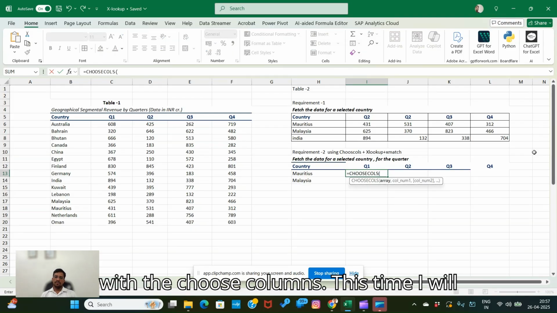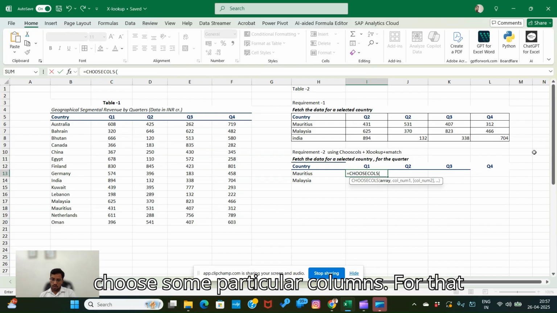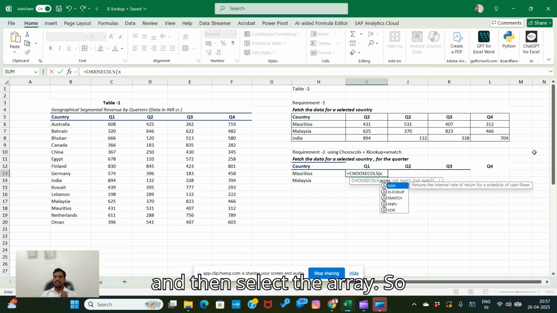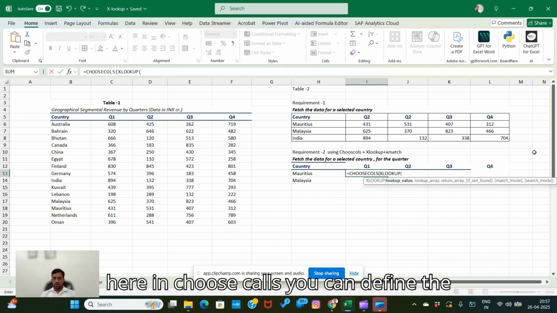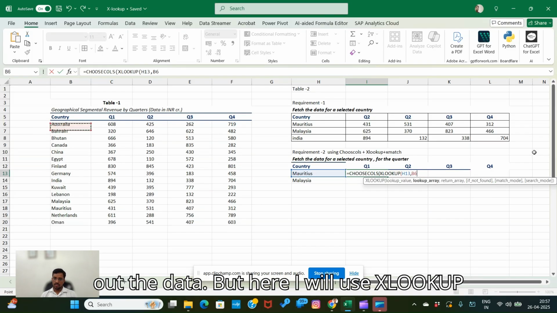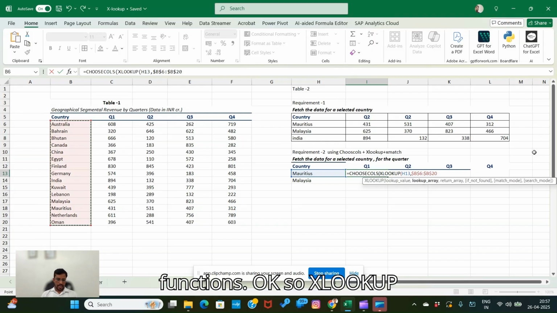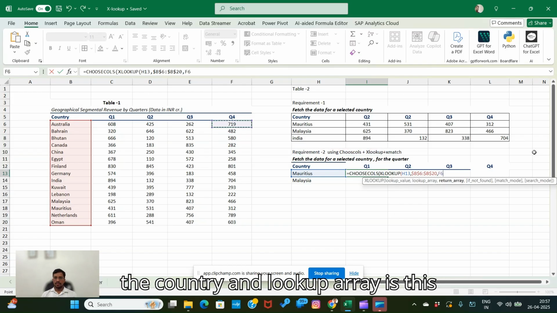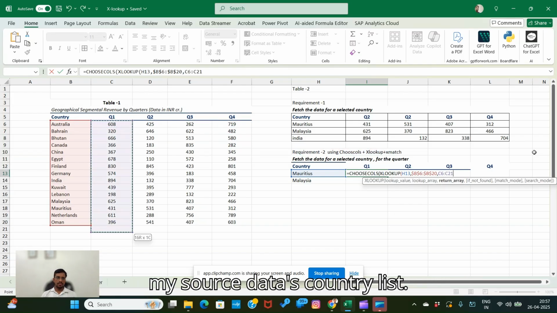At this time, I will choose some particular columns. For that I need the result. So I will start with one more formula around XLOOKUP: CHOOSECOLS, and then select the array. Here in CHOOSECOLS you can define the array from which you want to find the data, but here I will use the XLOOKUP function. So start with XLOOKUP again, the lookup value is the country, and the lookup array is my source data country list,